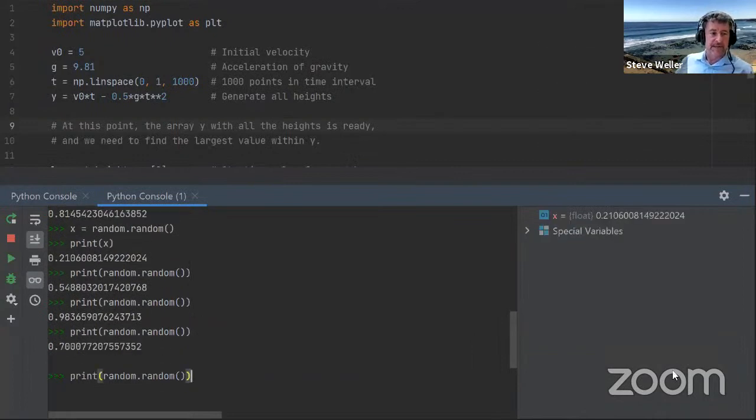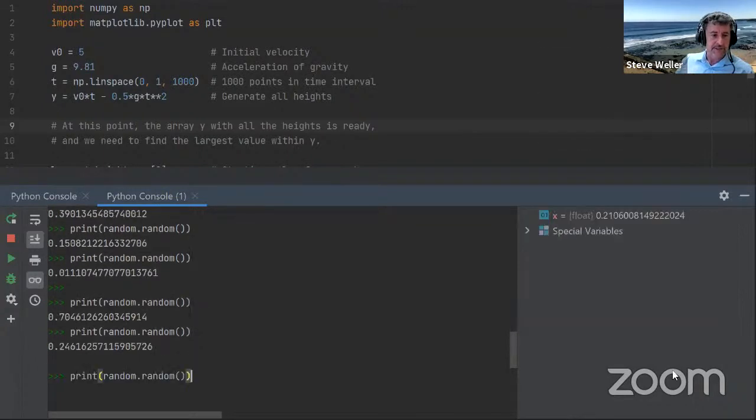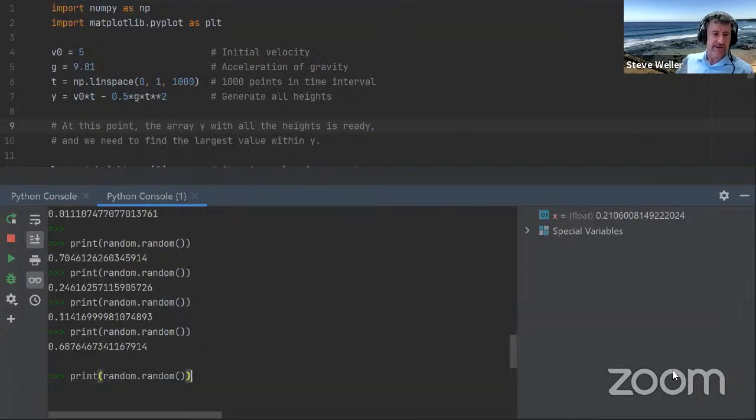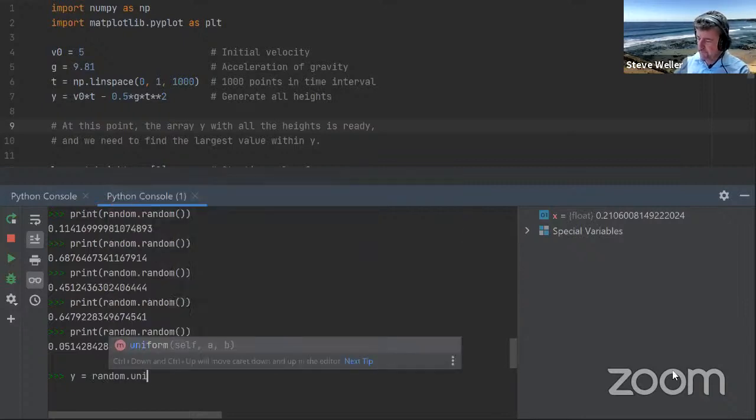I'm going to generate a sequence of random numbers, one after the other. And you can see they're all in the range 0 to 1. They're never less than 0. They're never greater than 1. And so the random number generator in Python behind the scenes is taking a seed and generating random numbers in that range.